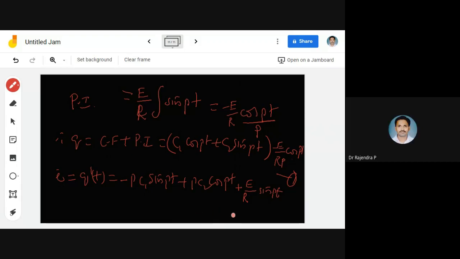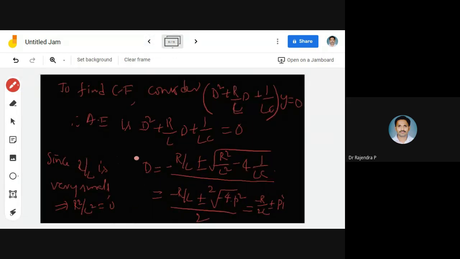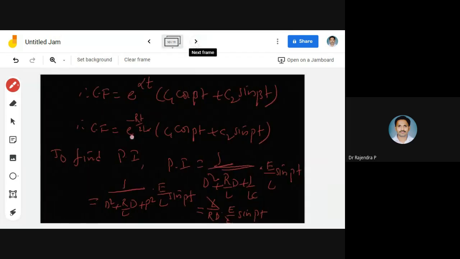So for the CF, it is e to the power minus RT by 2L multiplied with that, sir. CF, okay, is it there? Yes, sir. I thought that only this part is there. I have to check it. Okay, yes, it is there for this problem. Yes, correct. So then we have to apply. We will take this as a constant and we will apply for this. Then the next time we'll take this particular form as a constant and apply for this, right?